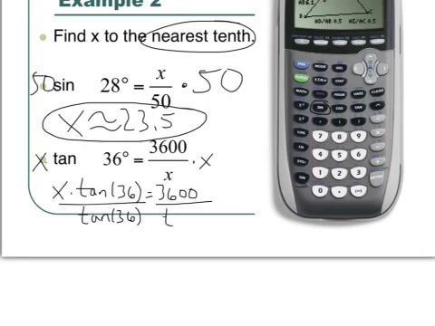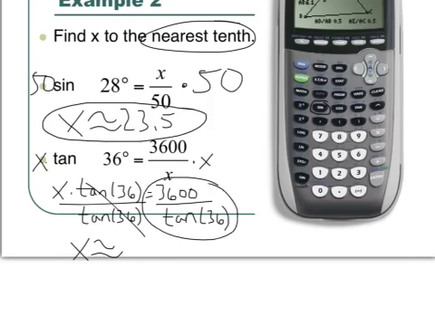Now, if you remember the pattern here, meaning if you see something like this problem, you're like, oh, I just need to do 3,600 divided by tangent of 36. That's fine, but be careful not to make any mistakes. So I'm going to have x equals, and in my calculator, I will plug this in right here. It'll look like this, 3,600 divided by tangent of 36. I know most of us are using the TI-83 or TI-84. So when we plug that in, I got